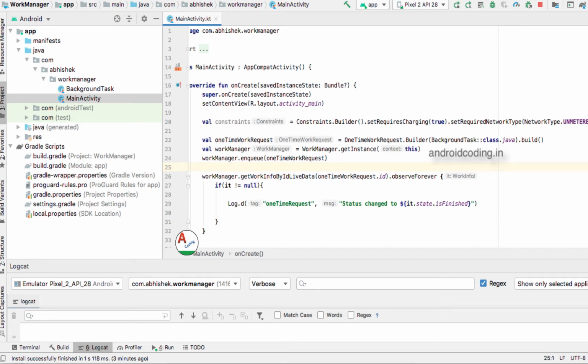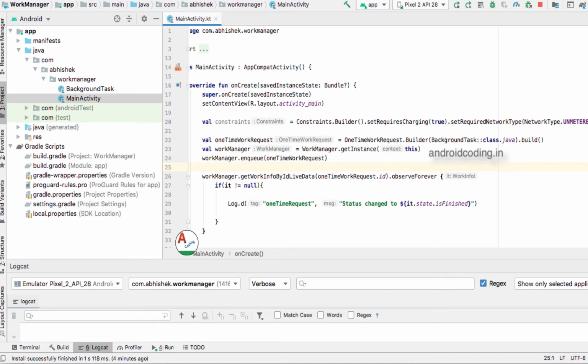So these are the constraints, and not only network, you can also have a constraint like charging. Does your battery have enough charge to make the operation? If your battery is very low, you may want to use the remaining battery for other work. So these are the constraints we need to consider before running a work manager.